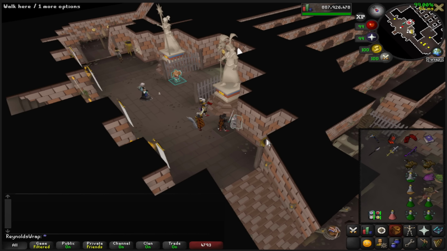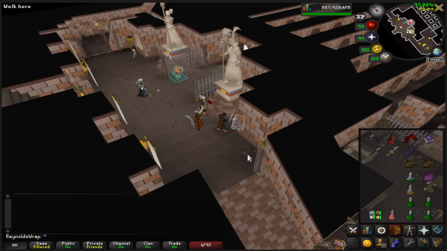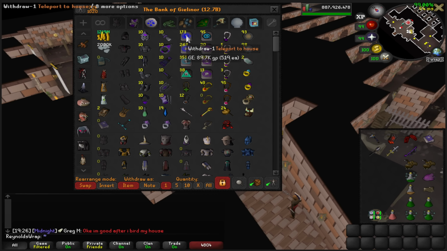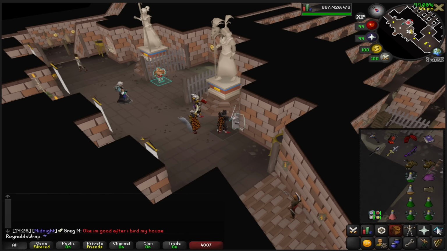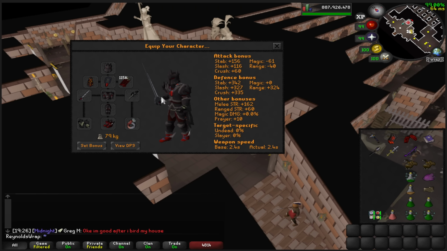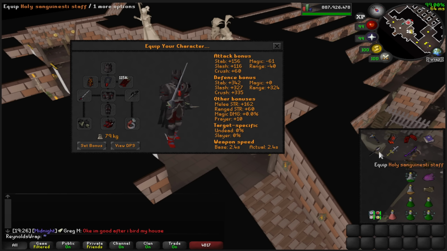Hello guys, today we're going to be doing an educational commentary for max gear players. This is going to be a first kill count guide, so we're going to be downgrading a little bit of gear. I'm going to opt to downgrade the Shadow to a Sanguinesti staff. I like to do this on my regular runs anyway. It's not that crazy of a time loss,